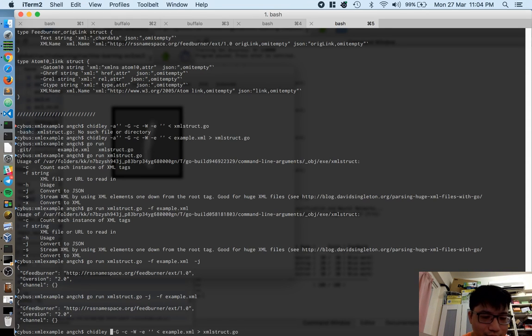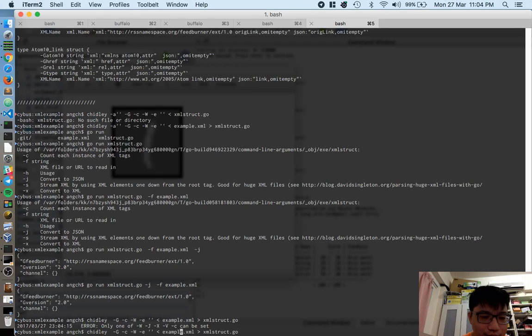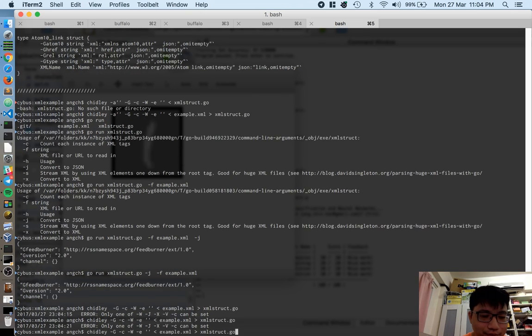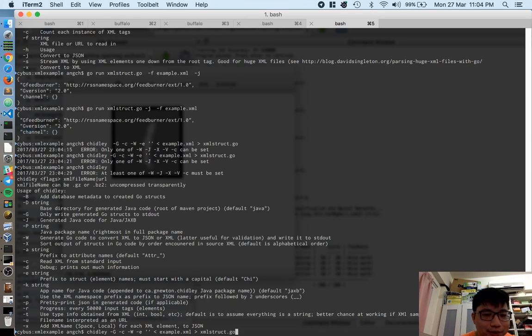So let's remove this. Only one of this. What is this? One of WCX. What does it do again? First time I'm using this. I normally use something else. But the idea is the same: you do not want to write your own Go struct when you have very complicated XML, because you tend to screw up if it's complicated, and this makes your